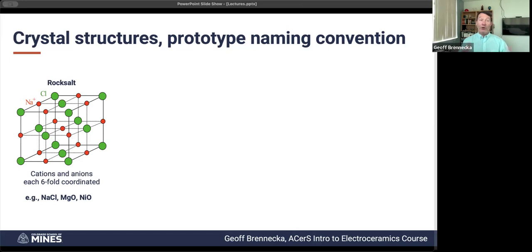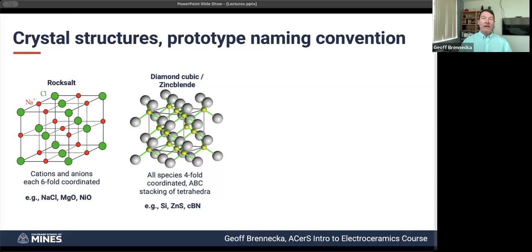If they're anions, the anions are also 6-fold coordinated. And these are really commonly formed cubic structures. You can have tetragonal or other distortions of a rock salt structure, but it's fairly uncommon. So that's one example. Diamond cubic and zinc blende are basically the same thing, but do you have one atom